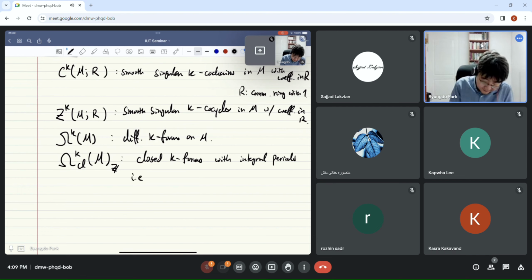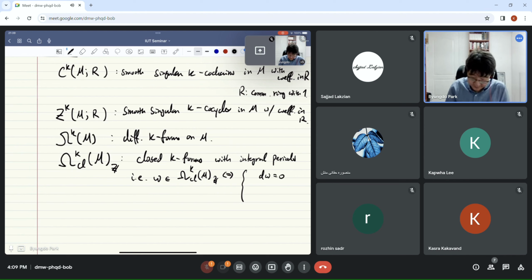So that means omega is an element in this set if and only if the following holds. So closed means d omega is 0. Then this integral periods would mean if you take this differential form and integrate over,